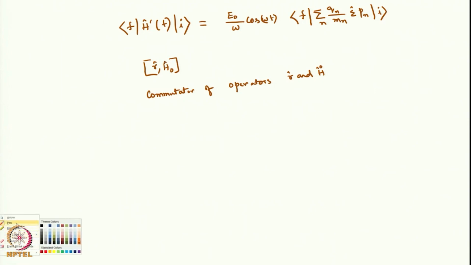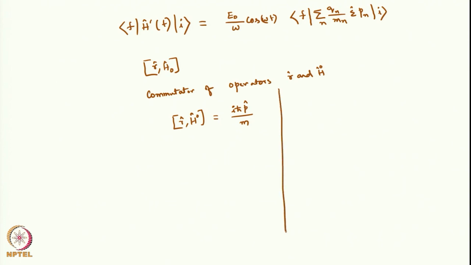Right. Now, this commutator [R, H naught] can be evaluated to be i h bar P by m. Okay. Now, I am going to take a small detour and try to evaluate this commutator, but always remember